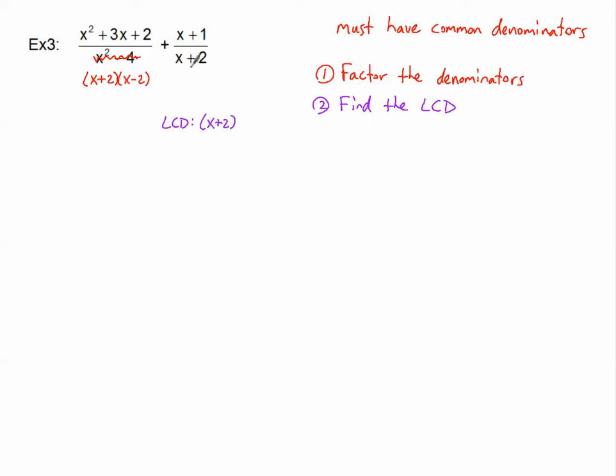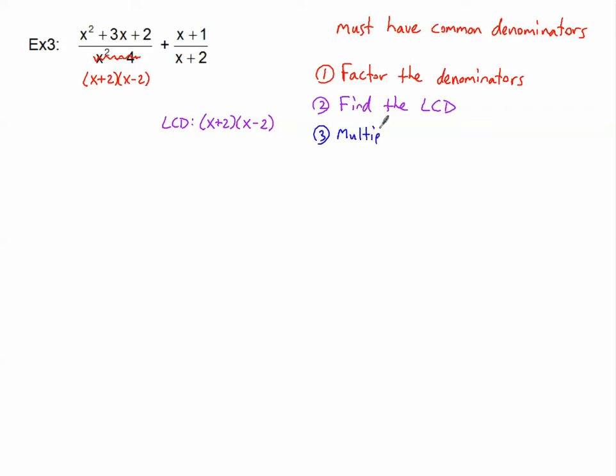I don't see anything else from this denominator. I do see an x minus 2 factor. So I will need an x minus 2 as well. So I've got the x plus 2, and I've got the x minus 2, and there aren't any other different factors. So there's my LCD. Step 3,